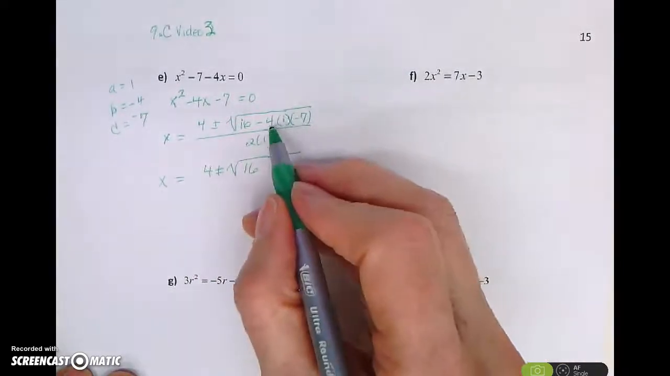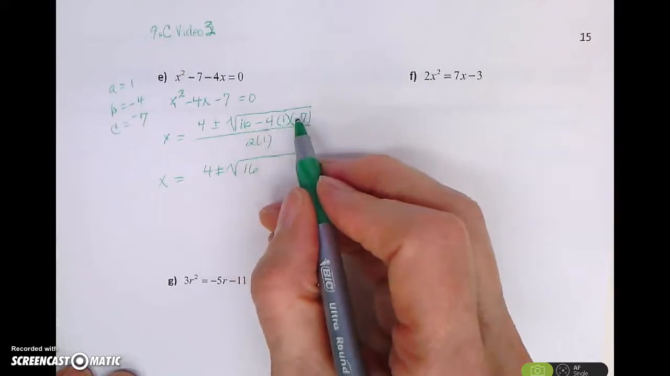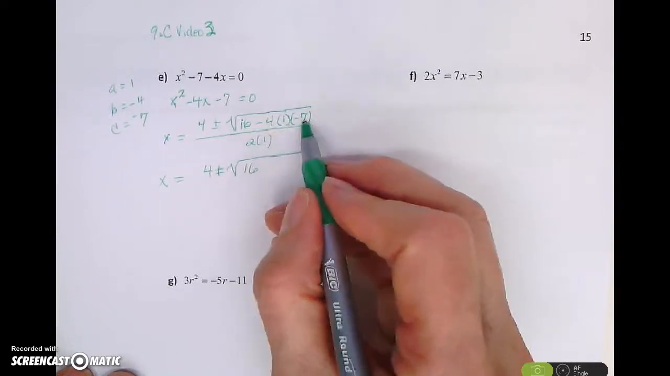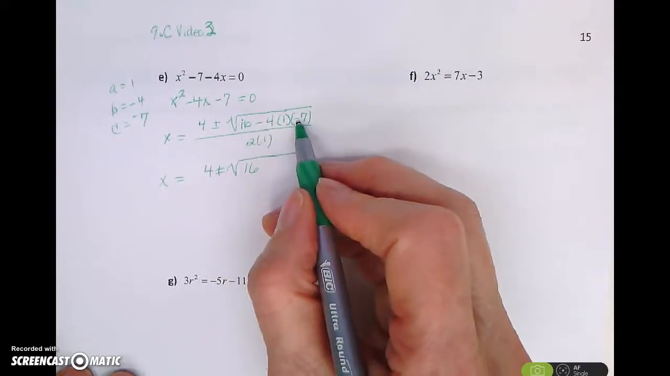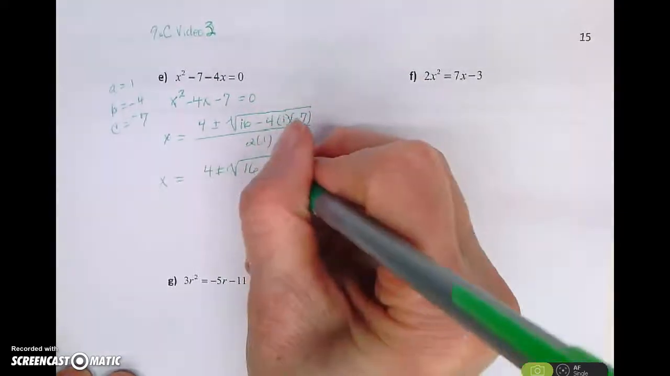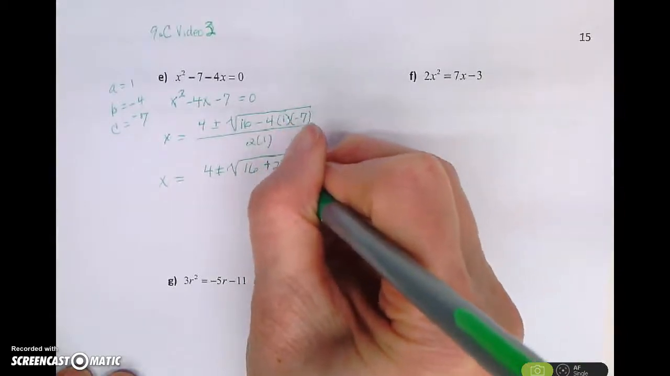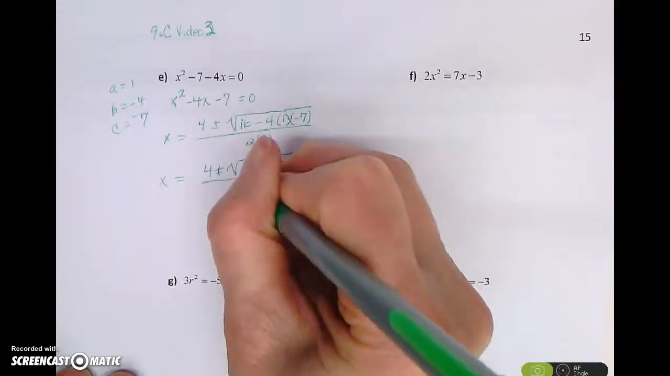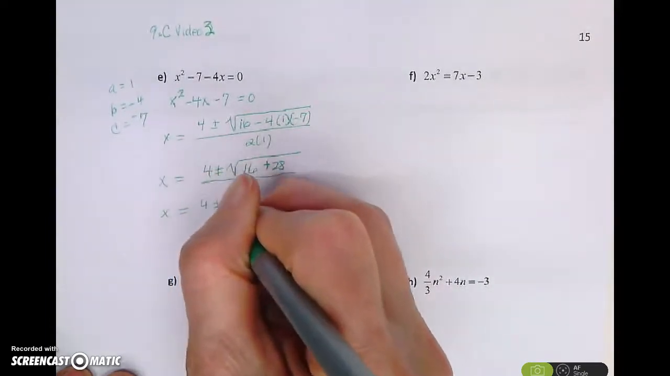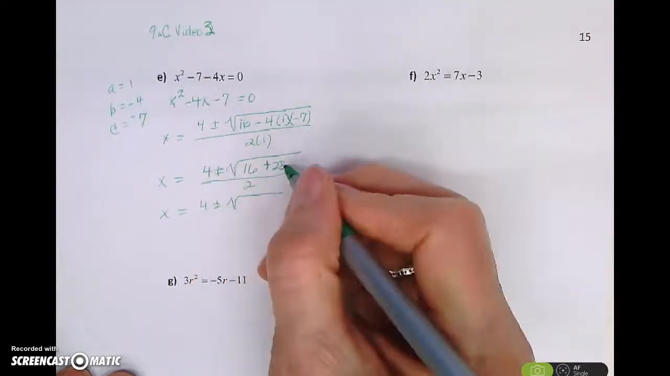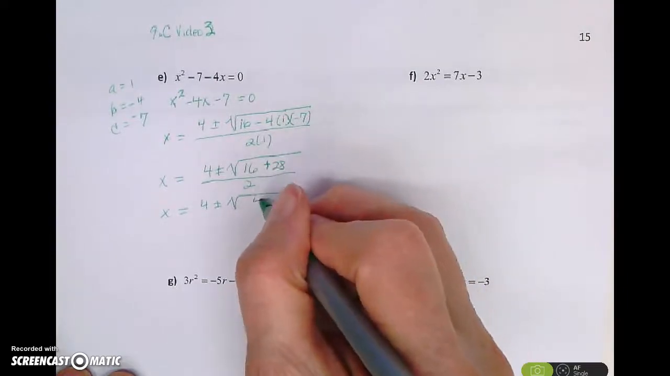All right, so make sure you do your multiplication. So 4 times negative 7 is negative 28. So I get a negative times a negative is going to be positive 28. So be careful with that. All over 2. So x is equal to 4 plus or minus the square root of 16 plus 28, which